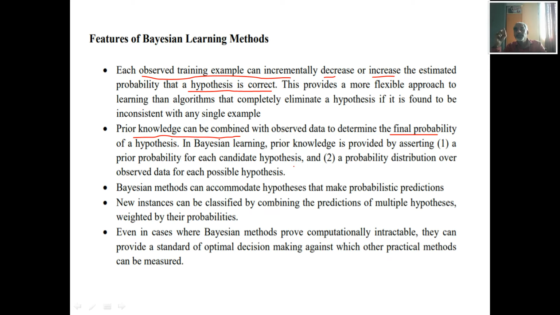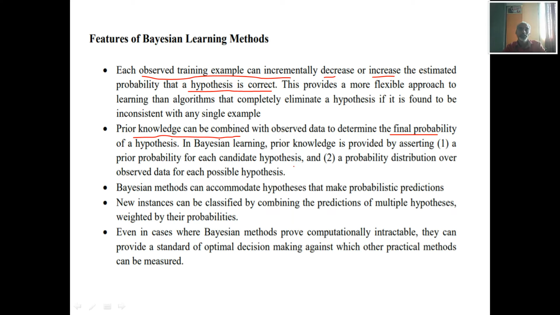And the second way is a probability distribution. So when you have got observed data, we can draw a probability distribution of that observed data for each possible hypothesis. So how many are going to pass this particular examination? How do you calculate how many will pass in the external examination? Based on the previous results, based on the internal marks, now I can have a probability distribution. So with this, we can try to calculate the prior